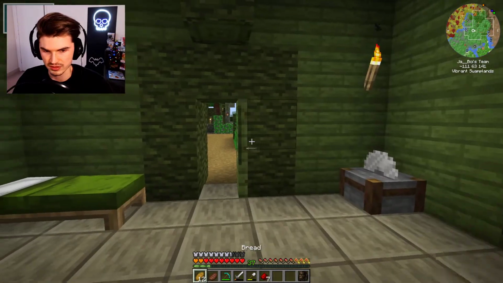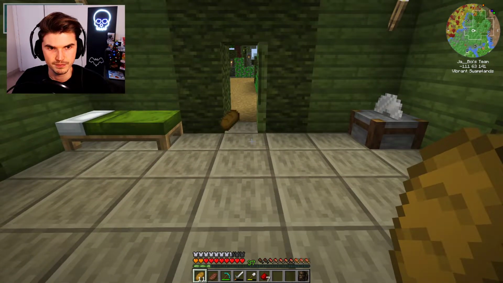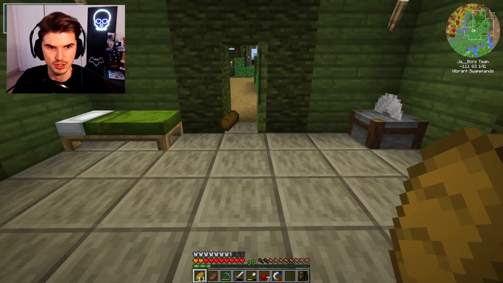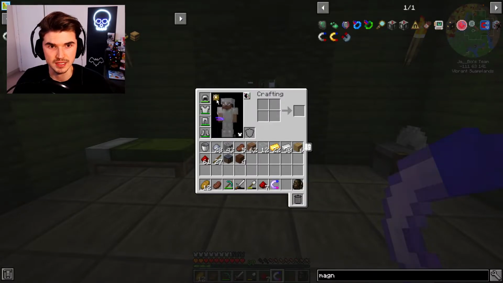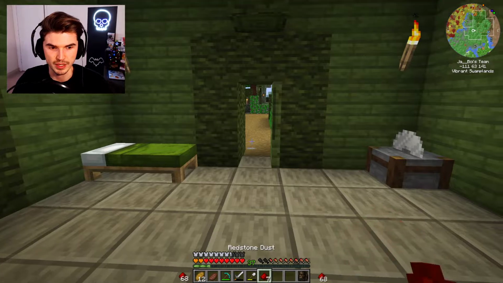So like if I throw something down, right? Is he gonna pick it up? Or does it have to be on our main inventory? Oh, you activate it. Okay, now it's activated. So I right-clicked and now it's activated. Now if I put it into here with it being activated,